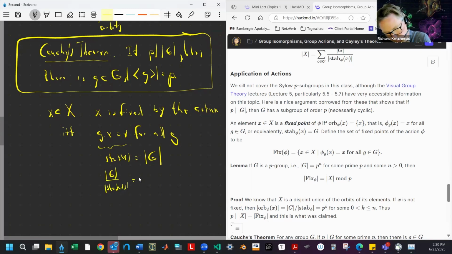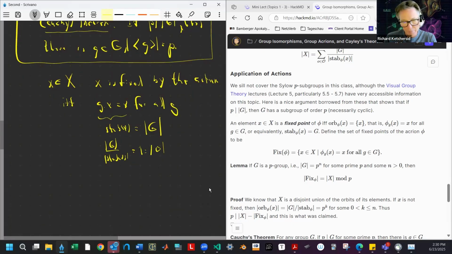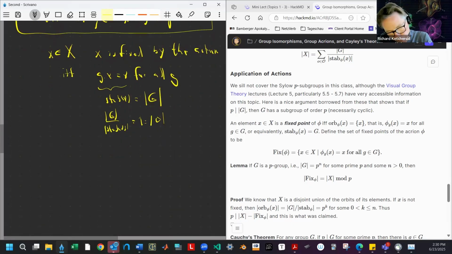So in particular, when we look at this way of breaking X up as the summation over the orbits of G over the stabilizer of x, this equation I had above,